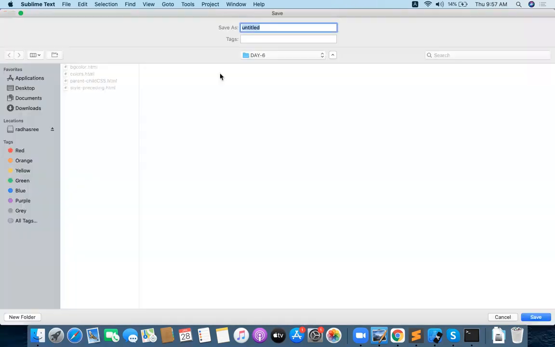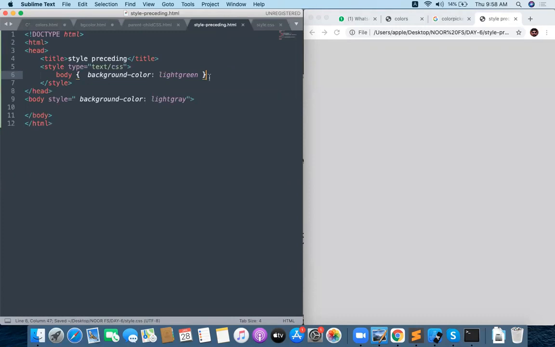For example, I want to write a separate style sheet, style.css. Same thing I want to do: body background color should be something like pink. Now I want to call the external style sheet after this.